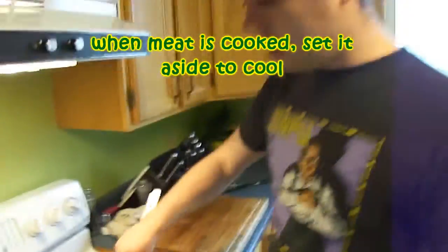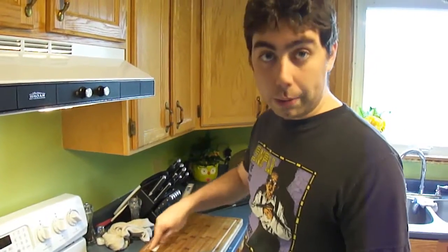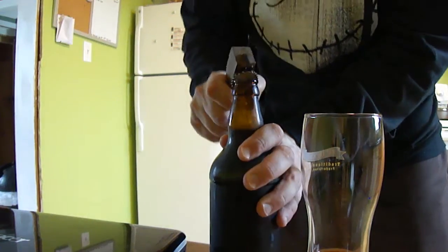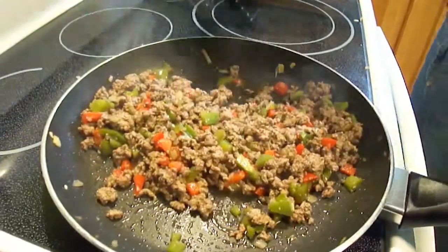So cook this until your meat is cooked, and then you're going to put it aside because you want to let it cool a little bit. That smells interesting. So when everything's nice and cooked looking,